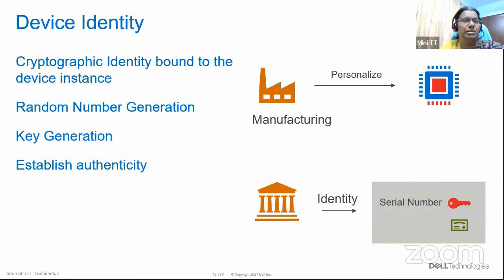You can have random numbers, then key generation functions, and you can bind the serial number of the physical device to a certificate from an infrastructure that is providing certificates. All those could happen. And these are another environment in which hardware support will be necessary for establishing device identities. Because all what we talked previously, device identity and all, are starting points which we use for establishing operational security and provisioning. So device identity becomes an important part, and then how hardware can support to provide all these kinds of device identities